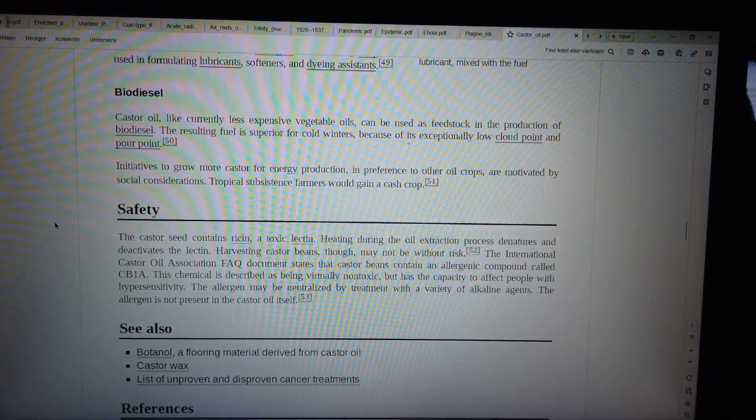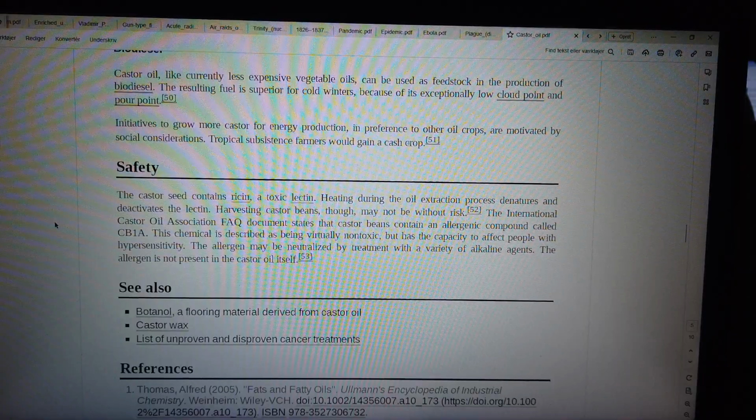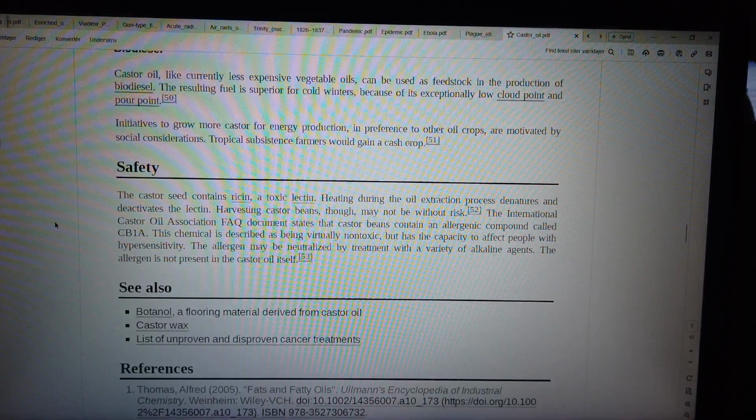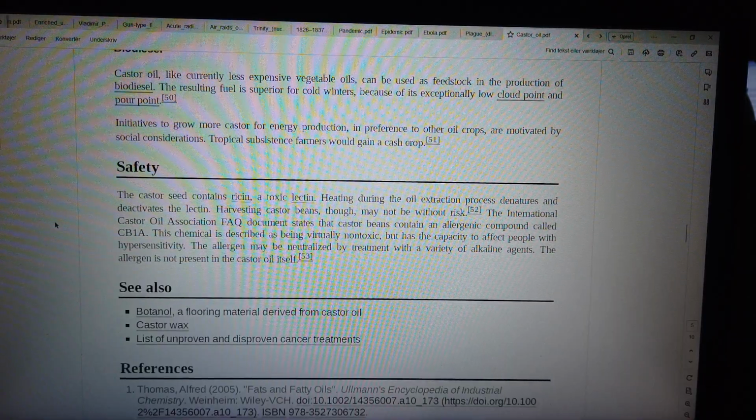Safety. The castor seed contains ricin, a toxic lectin. Heating during the oil extraction process denatures and deactivates